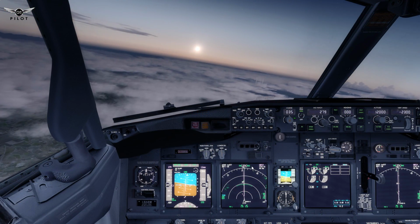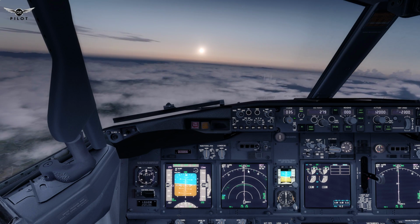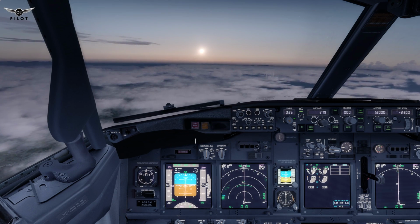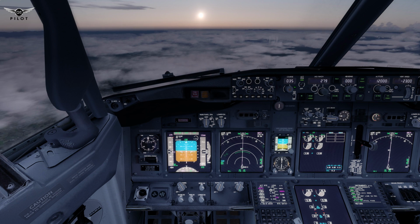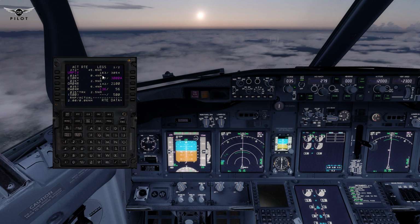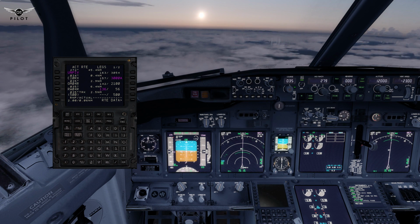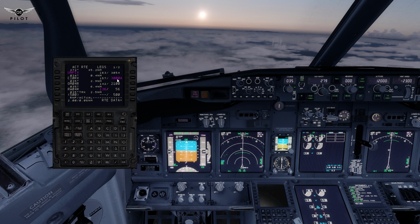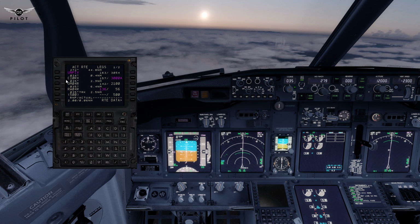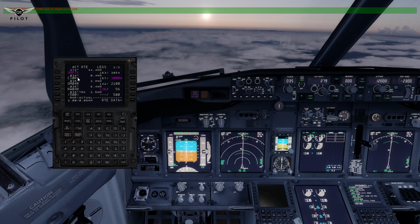Yeah, we've got about 46 nautical miles before we reach the decel point. So let's take a quick look here at our plan. Yeah, so we need to descend to about 12,000. I think we're going to be cleared to 3,000 right before we reach CI0R. So hopefully by then we'll be able to...